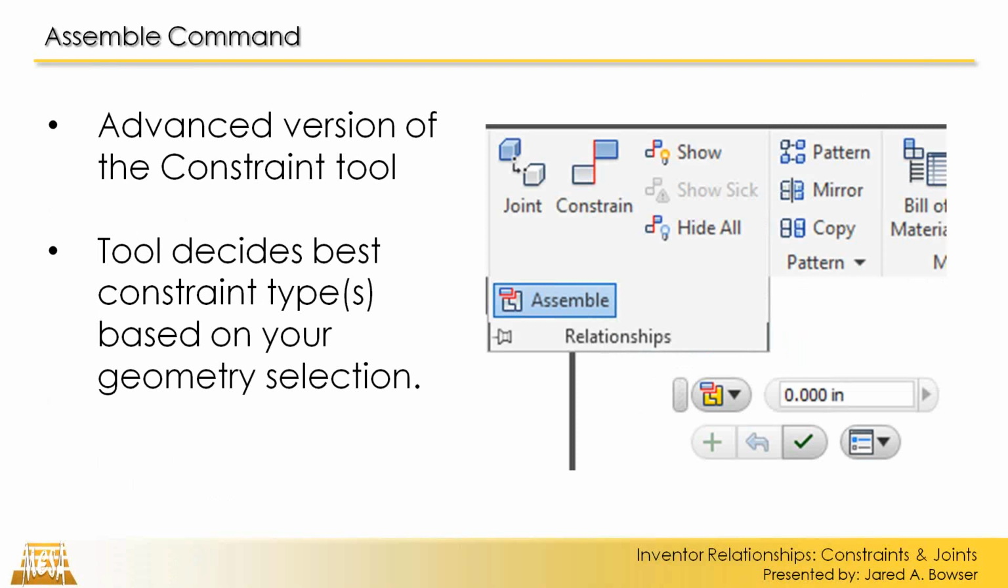The assemble command. So the assemble command, it used to be part of the ribbon a few releases back. It has actually since been moved, and I typically say it's been hidden. So you have to click the relationships bar to see it, and then once you start the assemble command, you get the mini toolbar like it's seen in that screenshot. And this is an advanced version of the Constraint tool. So it does, for the most part, just about everything the Constraint tool does, but the tool itself is going